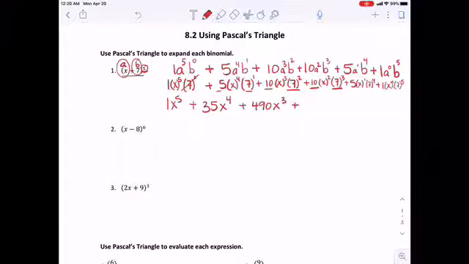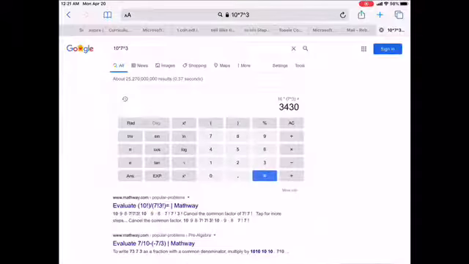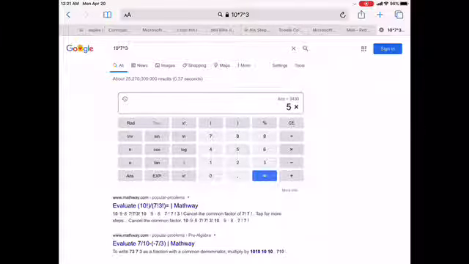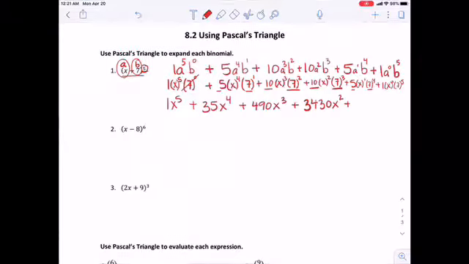So I know that this is 3,430 x squared plus 5 times 7 to the fourth. Again, I'm going to go to my Google calculator and type in 5 times 7 to the fourth. And I get 12,005 x to the first power,